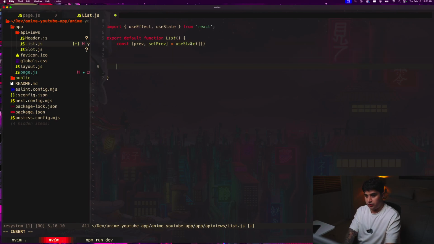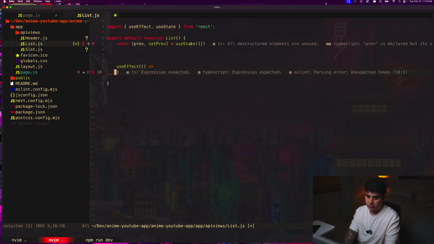Now what we're going to do is go ahead and make a useEffect. The benefit of the useEffect here is